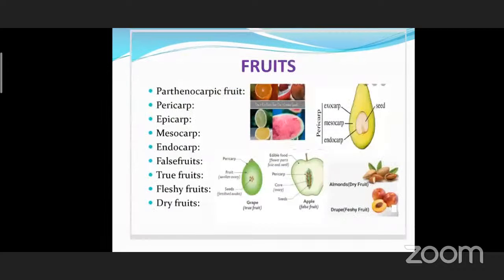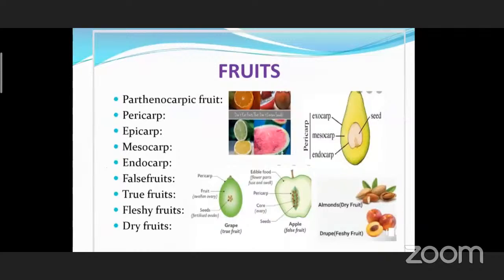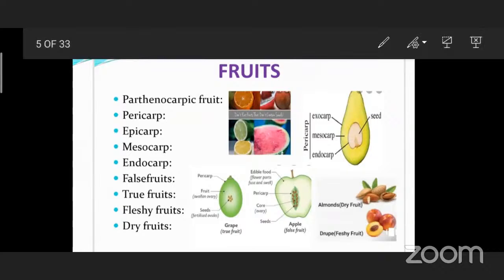Next, fruits. Generally, flowers become fruits. The fruit is a characteristic feature of flowering plants. It is a matured, ripened ovary developed after fertilization. First one, parthenocarpic fruit. You know parthenogenesis, we have already learned in 10th class. The fruit formed without fertilization of the ovary is called a parthenocarpic fruit. Example,